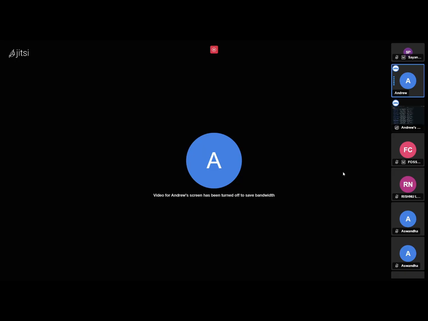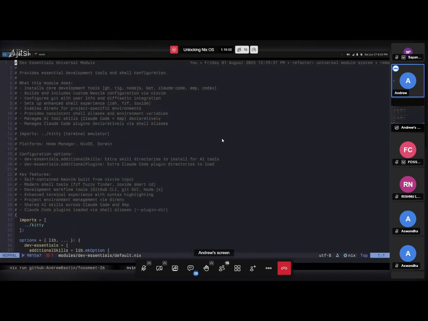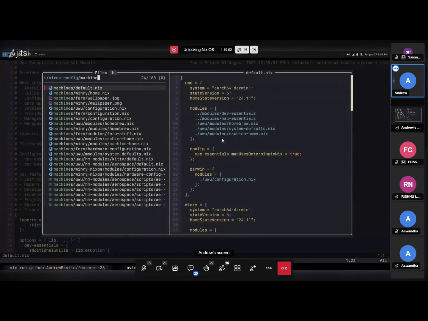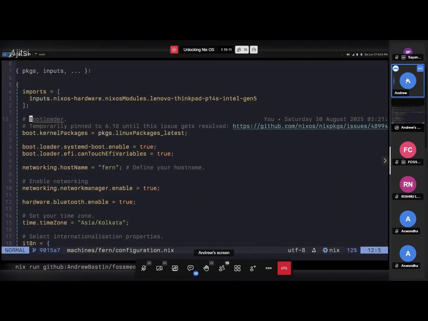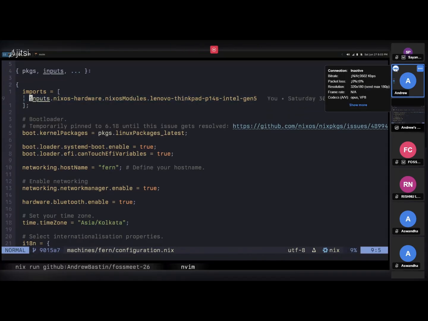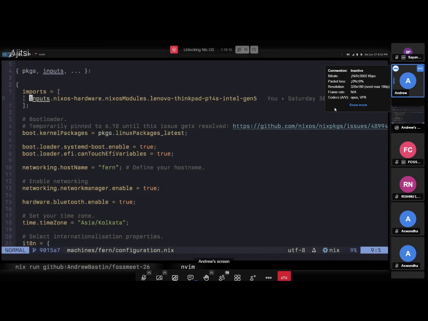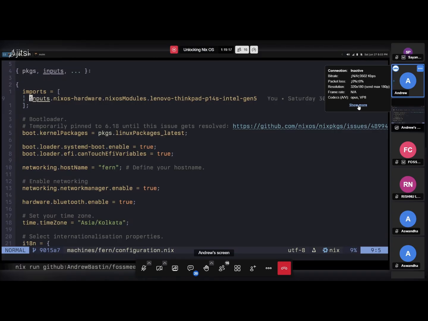So with this, what I had to do in my system is literally this. This machine is named Fern, and I have basically said in configuration.nix that I use the drivers from here, and then the community themselves will share drivers and make sure the setup is the same.